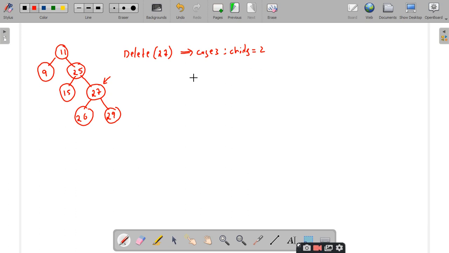Right. So what do you have to do? When a node has two children, it has to be replaced first with either the in-order predecessor or the in-order successor. Am I right or not? Yes, sir.